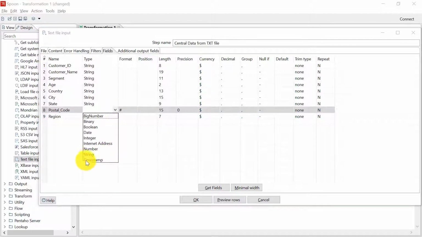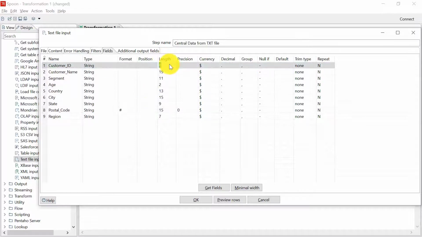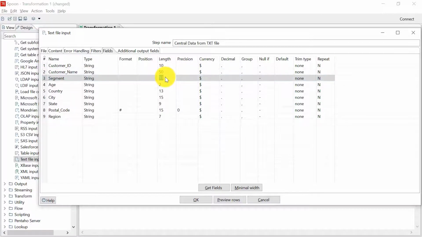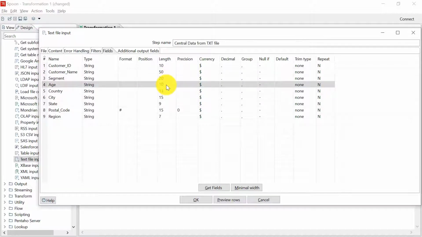We'll change it to string and change the length of this to 10. Customer name is 50. Segment is 20. Age is 10.